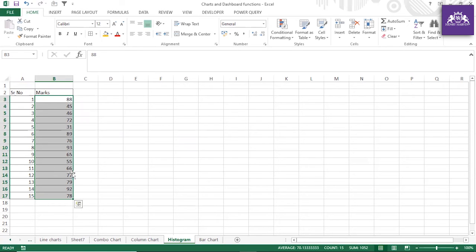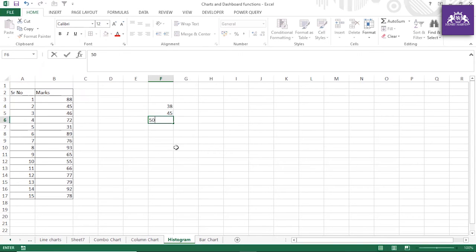You can see the data we have available, and now we have to create the bins. What is the minimum value? Maybe you can see 38. All right, and you can select 45, okay, 50, and 55.